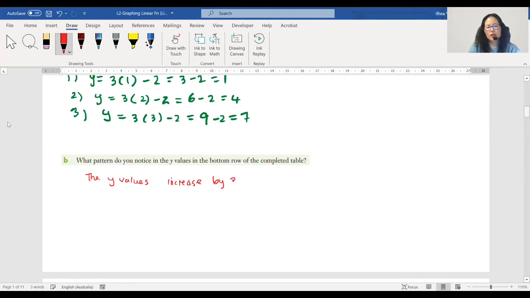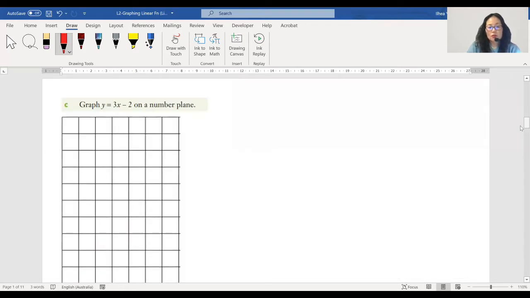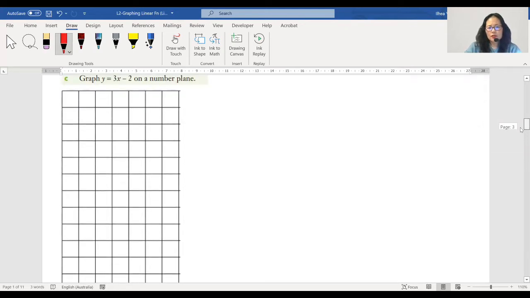That's all that is. Now we need to graph it. So how am I going to graph it? I'm going to use the gradient. Before I do it, I'll probably have to scale it. So I'm going to go with